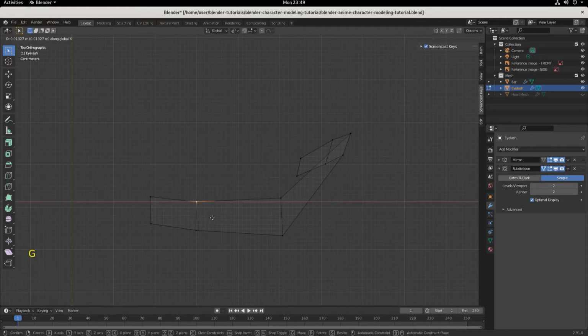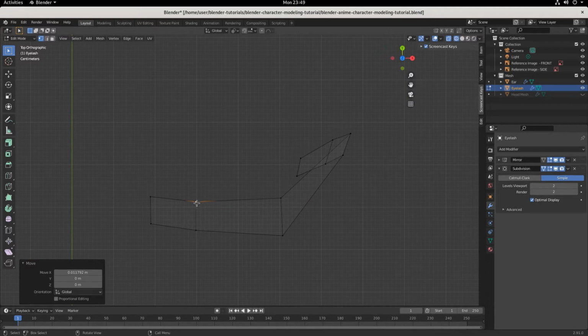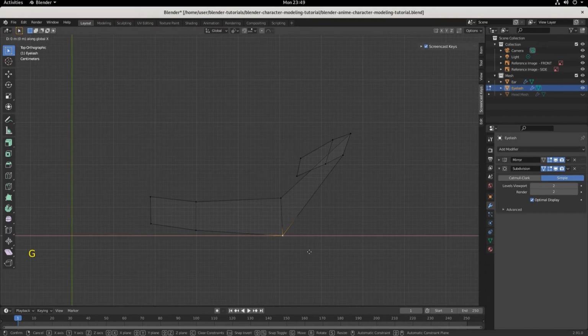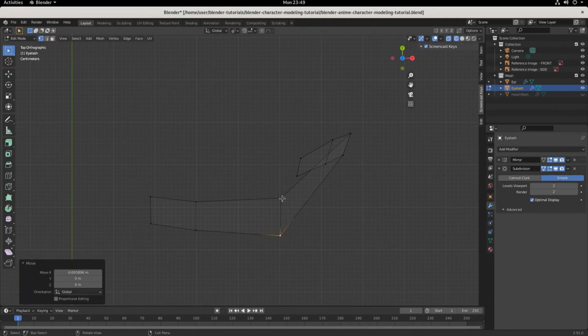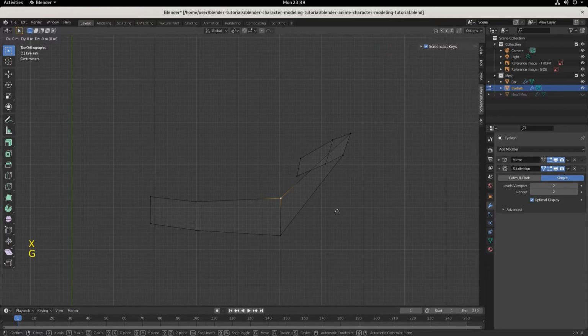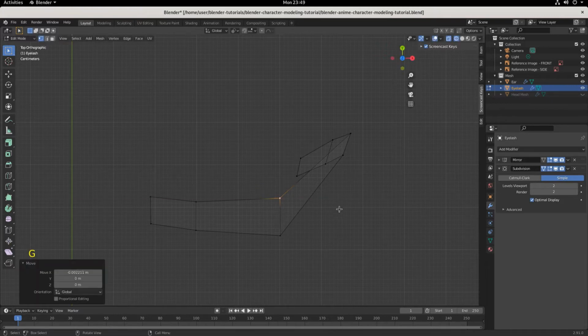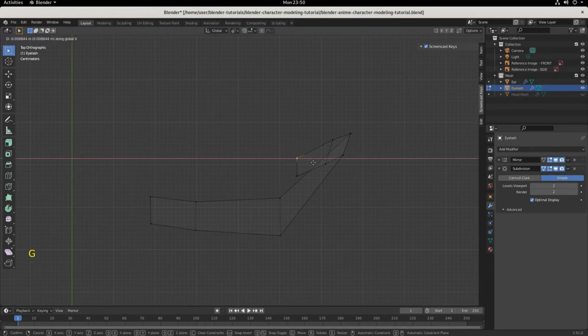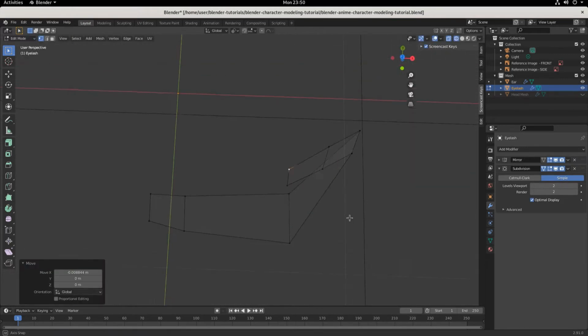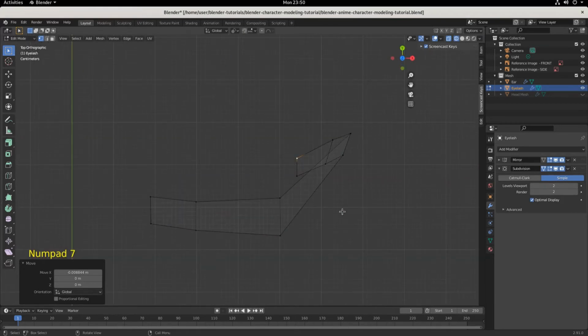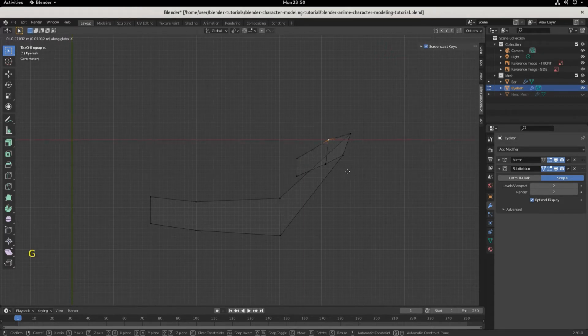So I'm just moving them along the x-axis to try and line these up as best I can. Before we start moving them around, you want them to be as aligned as possible. Okay? So we'll bring this over, and all I'm doing is grabbing them and moving them along the x-axis. That's it. That's all I'm doing. Because when we extrude later, if they're not aligned, you're just going to get a funky extrusion. It's not going to be as clean as it can be,